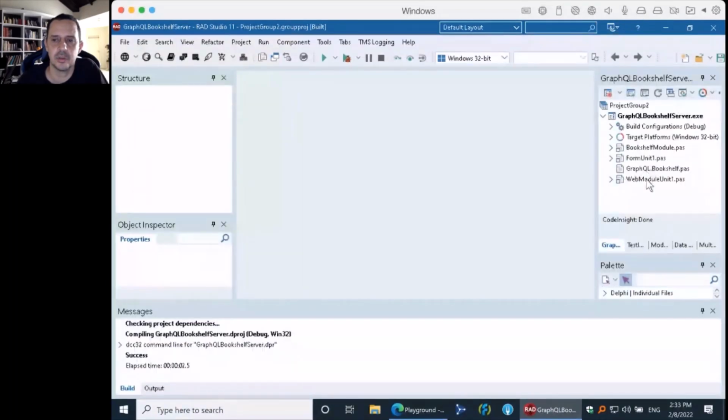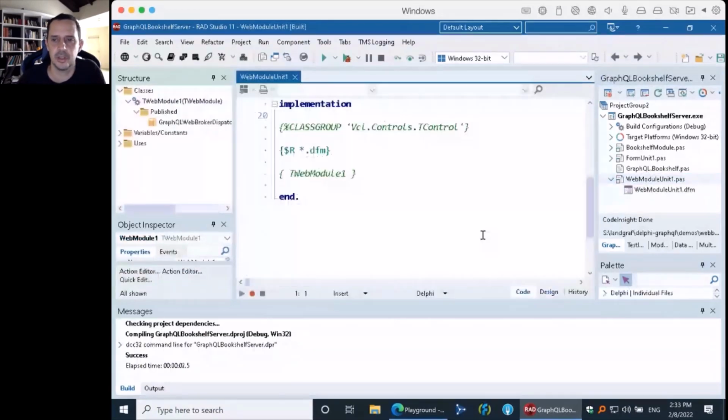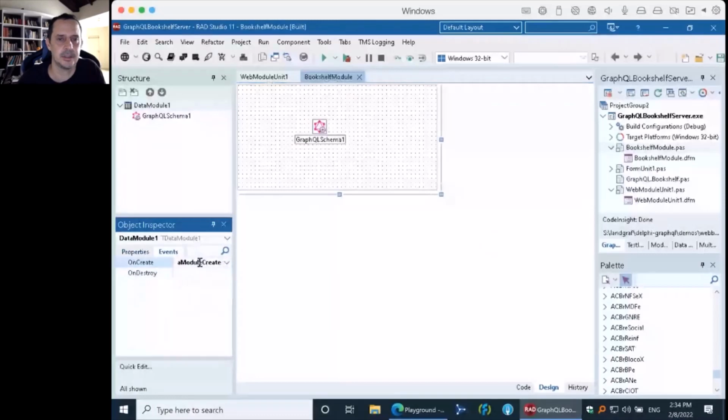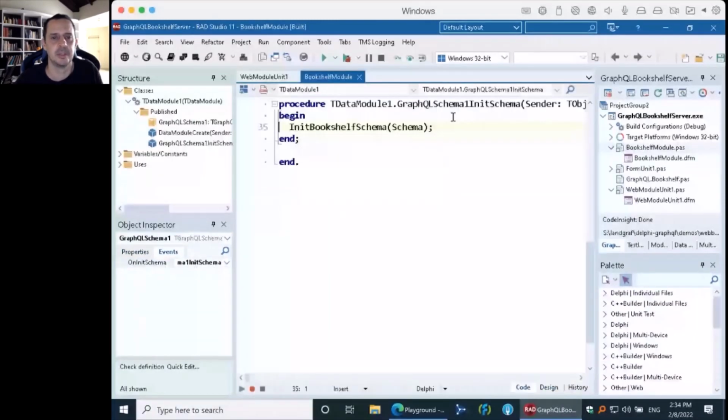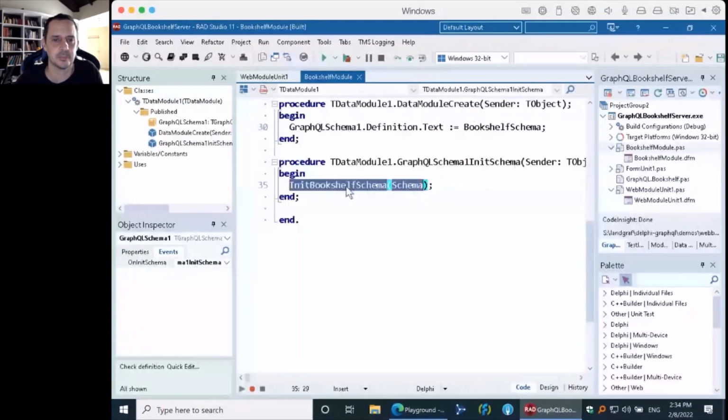Remember that, okay, my schema is here. So here we have our schema. We have the same event on init schema here, but then it's just calling init bookshelf schema. Let's see what's there. And this is a different approach.